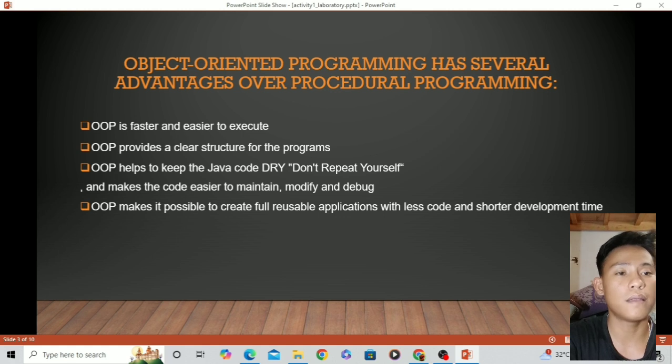Object-oriented programming has several advantages over procedural programming. First, OOP is faster and easier to execute, and it provides a clear structure for programs. OOP helps to keep the Java code DRY, that is, don't repeat yourself, and makes the code easier to maintain, modify, and debug. The last one is that OOP makes it possible to create fully reusable applications with less code and